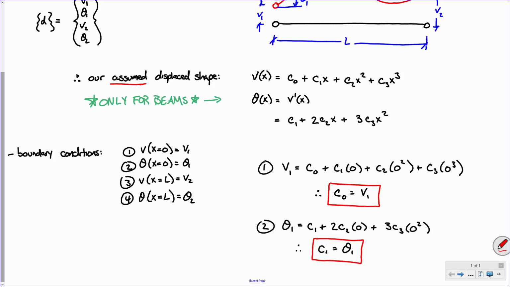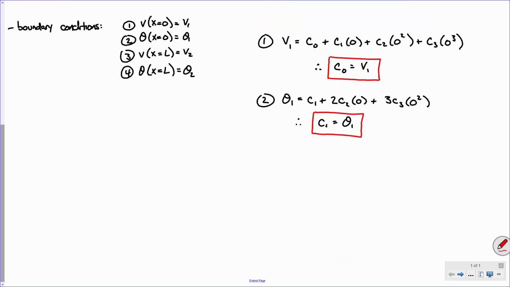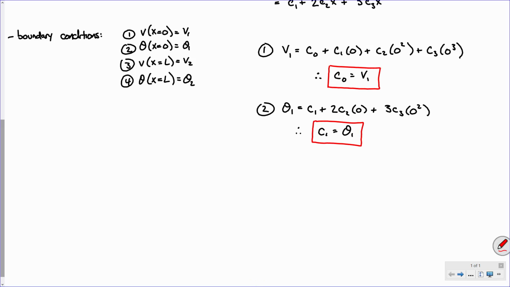Okay, so let's do number 3. Now, number 3 is going to be a little different. But before I do, let me rewrite my functions a little bit. So what was v of x? It's c naught plus c1 times x plus c2 times x squared plus c3 x cubed. We've already got c naught and c1 there, right? So I'm going to say v1 plus theta 1 times x plus c2 x squared plus c3 x cubed,